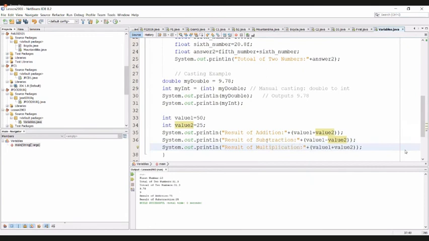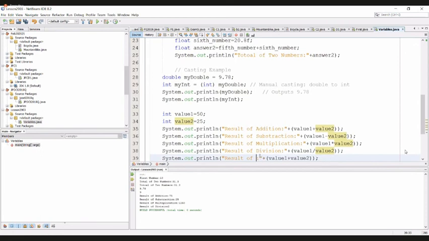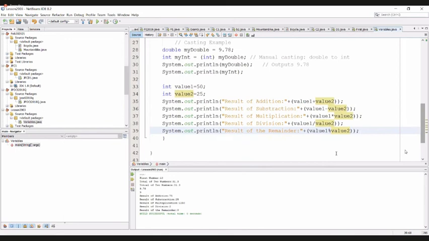Here is subtraction, then multiplication of value1 and value2. If you take the remainder, value1 exactly divides by value2. 50 is divisible by 25, therefore the result is 0.